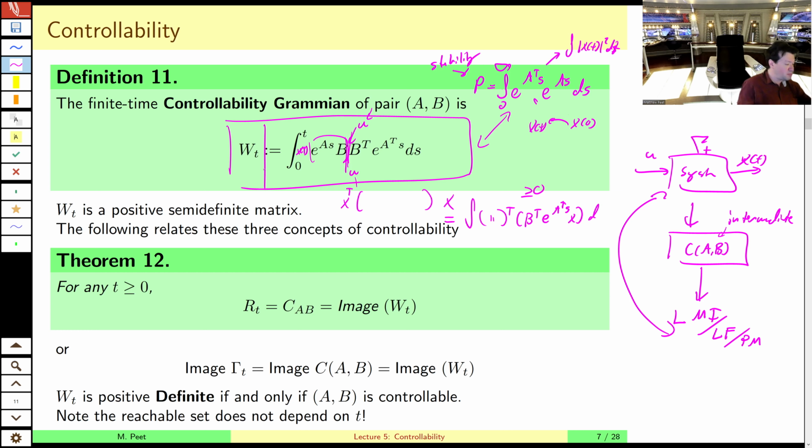Theory-wise, we have this very powerful result, which takes a very long time to prove. In my 506 class, when I occasionally teach it, we actually go through the proof. In this case, I'm just going to state it, which basically says that for any t, and I'll come back to that in a second, it's very important, for any t, what I just said: the image of this matrix, this positive semi-definite matrix, is equal to the controllable subspace, which was defined in terms of the representation,